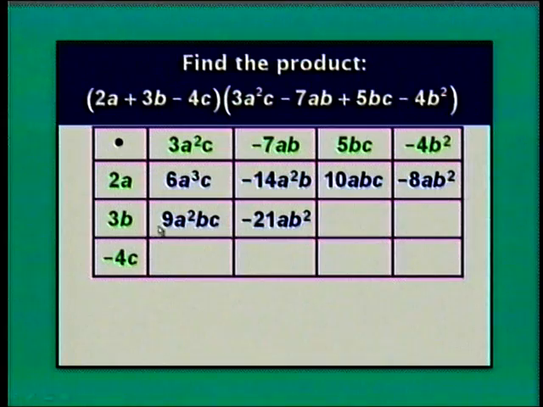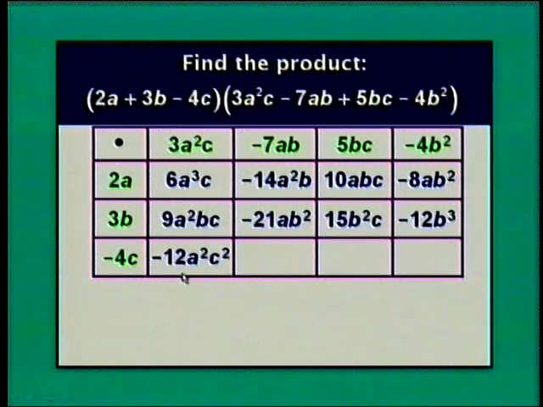When I multiply 3b by 5bc, I get 15b squared c. When I multiply 3b by negative 4b squared, I get negative 12b cubed. Moving on to the last row, when I multiply negative 4c by 3a squared c, I get negative 12a squared